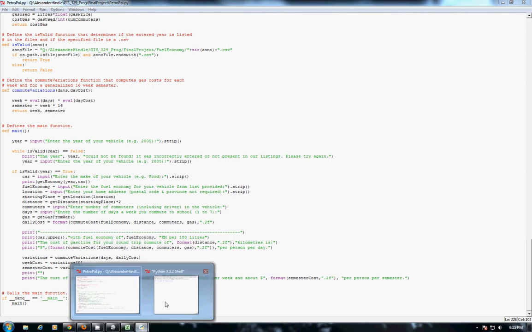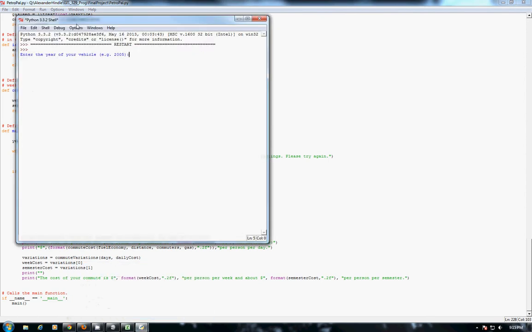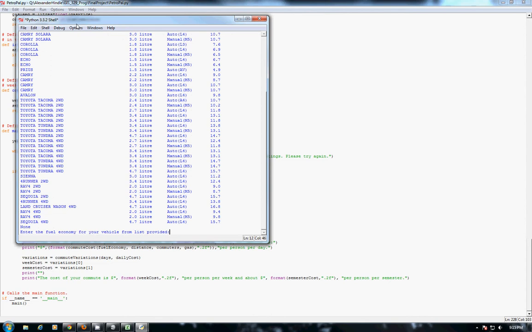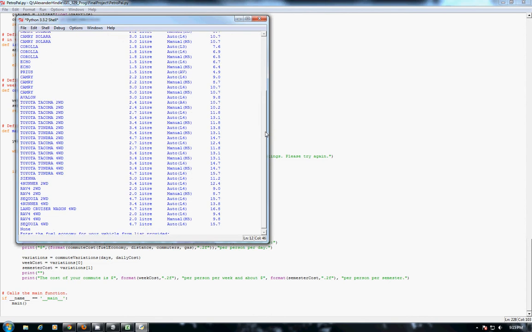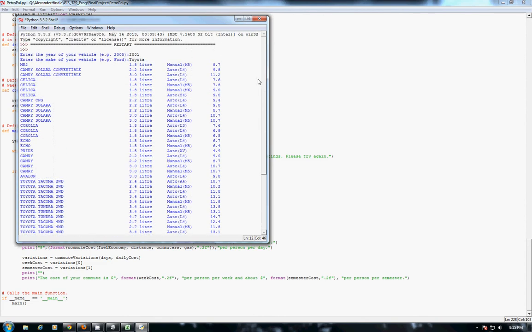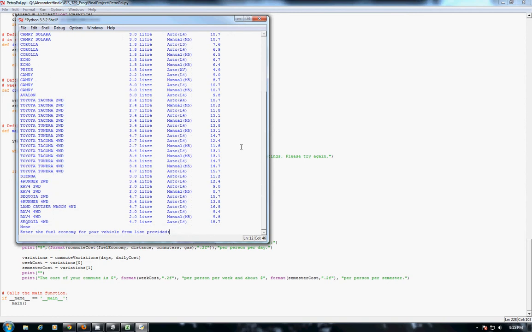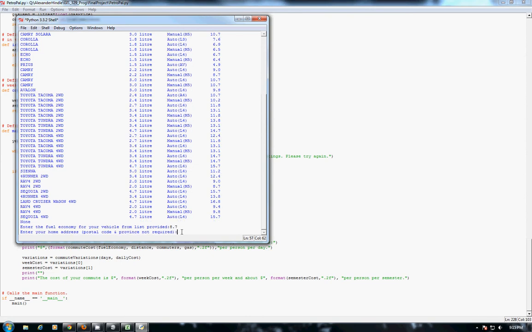Oops, bear with me. So first we're prompted to enter the year of the vehicle we drive. So say I drive a 2001 vehicle, and say it's a Toyota. Enter Toyota. It's going to give me a list of all of the Toyotas manufactured in 2001 in North America, at least. So I drive a RAV4. It's a two-wheel drive RAV4, and it's the manual model, so I get apparently 8.7 liters per 100 kilometers. So I'm going to use that as the input for this next line here, enter the fuel economy,